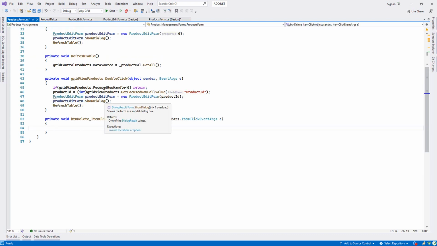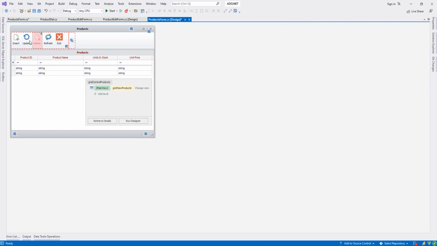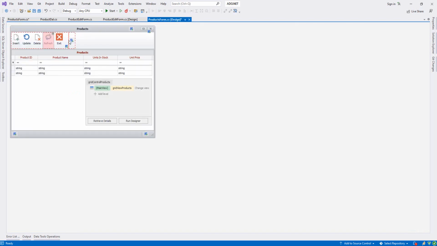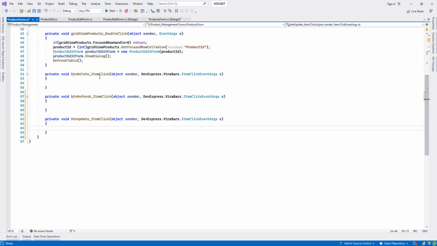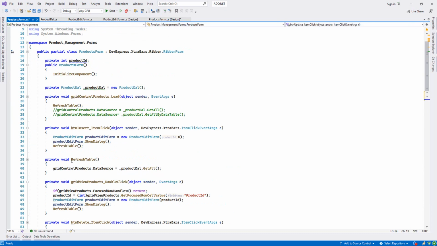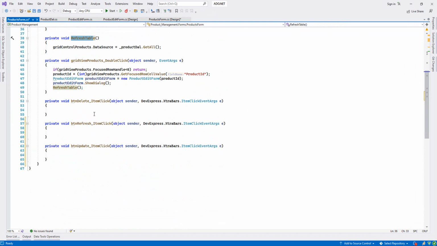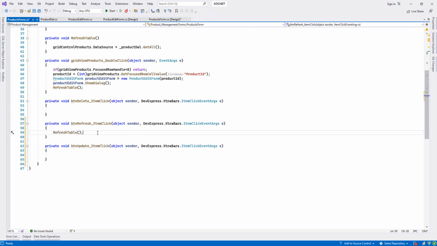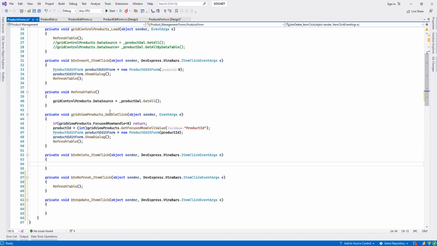Delete. And refresh and update. For refresh, we have a refresh table method. Let's call our method refresh table. It will refresh our grid view. And as for delete,